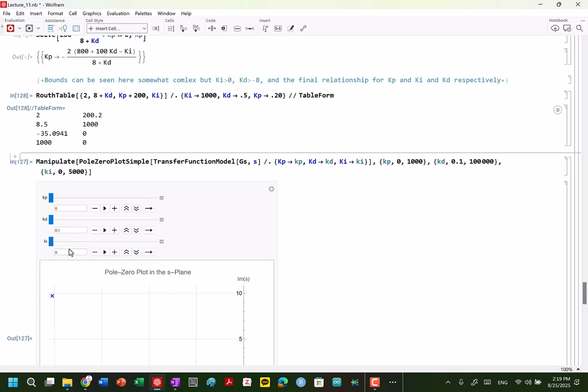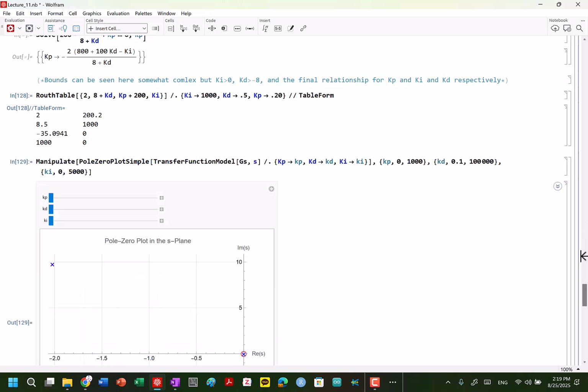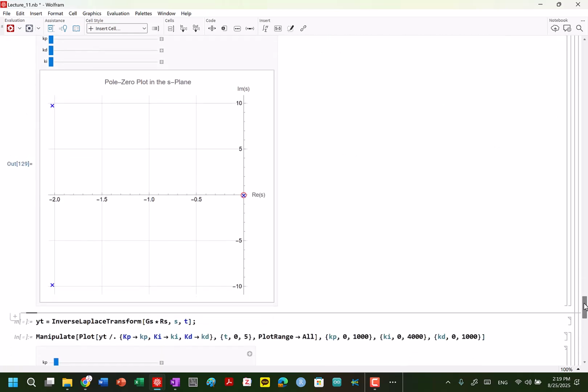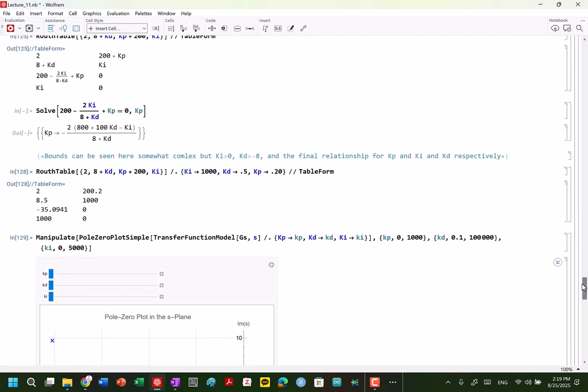So if I say KI is 1,000, my KD is going to be 0.5 and my KP is going to be 0.2, we can see I'm stable. That's greater than 0. It's just great. But in here, I'm not going to be a stable system. And actually, I wonder if we can find